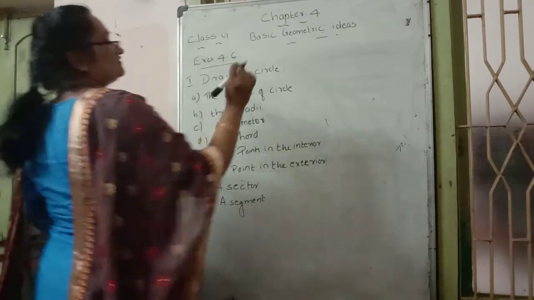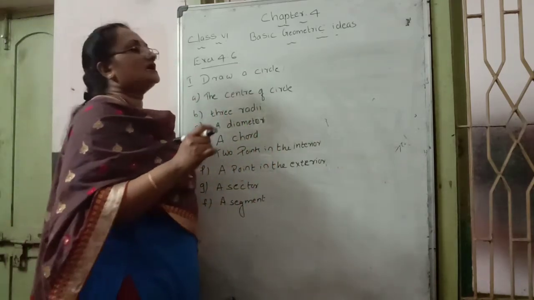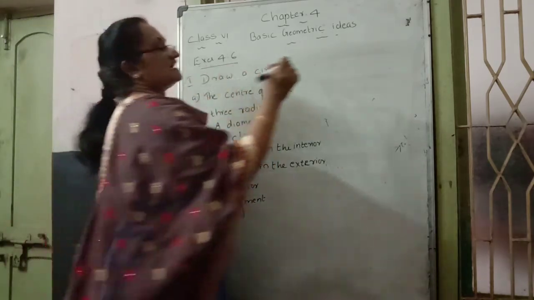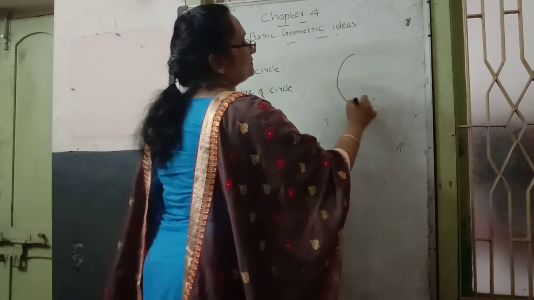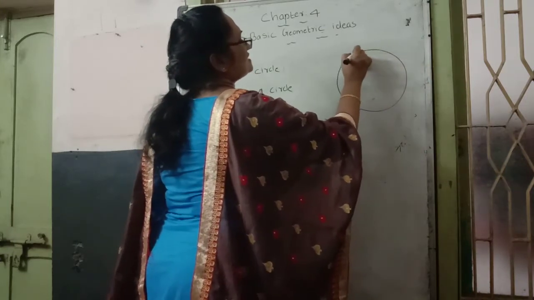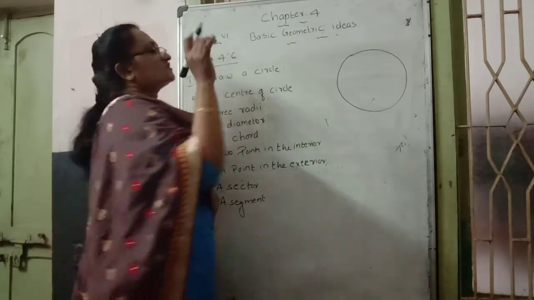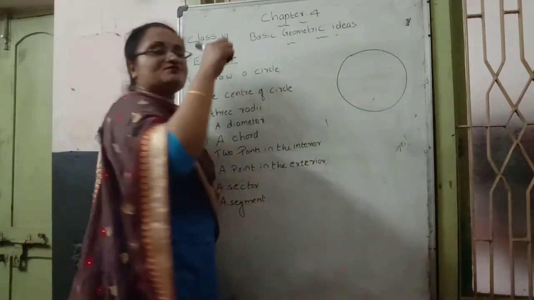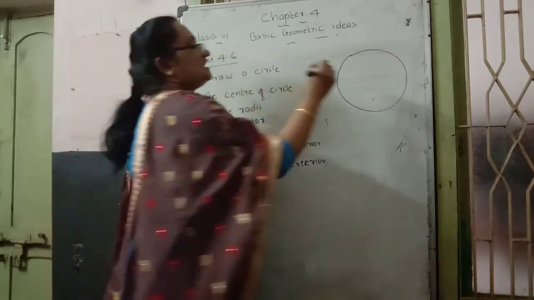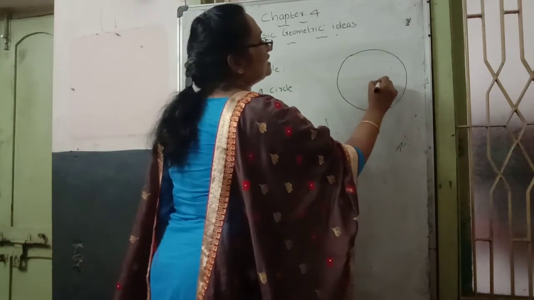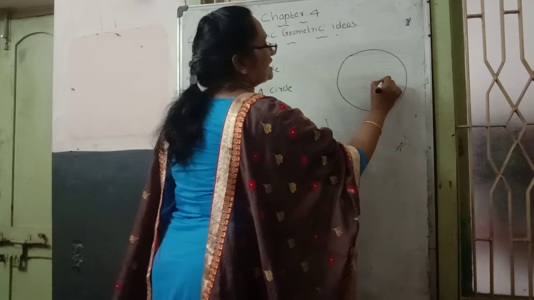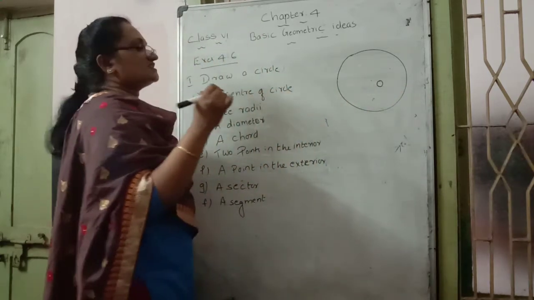First, use one by four. So what do we want to do? Use the compass and draw a circle. Draw any radius, no particular radius, just draw a big circle. And where you keep the sharp end of the compass, mark that point as the center. So we can mark O as the center of the circle.